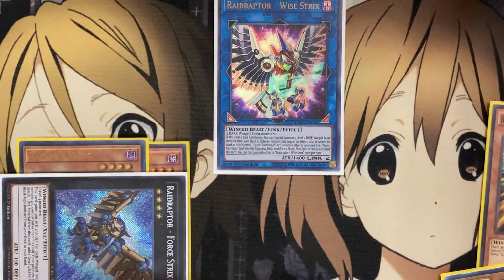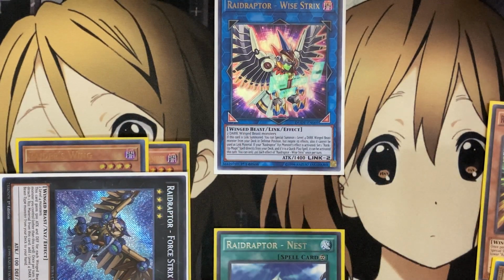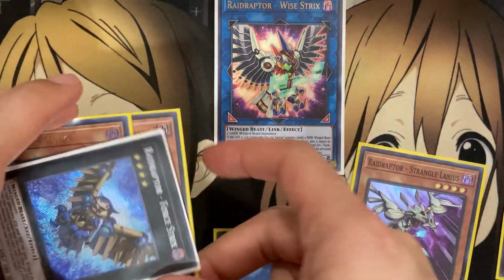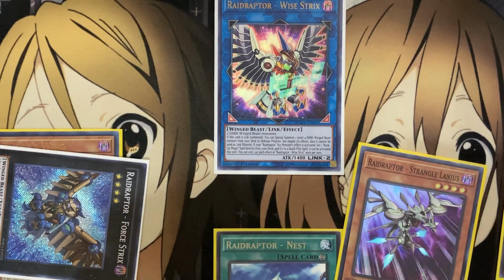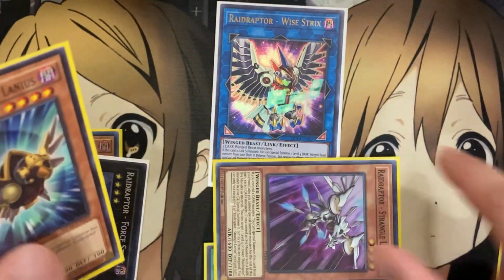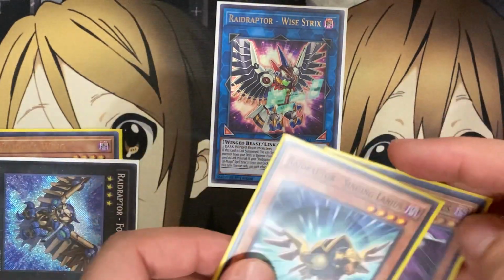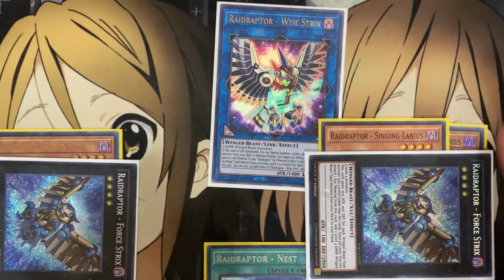but you can also then activate Heal Eagle from the graveyard, banishing to add the Raidraptor's Nest you sent with your Tribute Lanius, activating the Raidraptor Nest, controlling the 2 different Raidraptor monsters, being able to search your deck for another one, which can be any of the cards, including Strangle Lanius, detaching, make sure you keep the Raider's Wing on the 4-Strix, being able to detach for another search, and you can go for Singing Lanius with this one, also being able to special summon both of these cards with both the requirements. You control a Dark monster, special summoning your Strangle Lanius, and special summoning Singing Lanius since you control an Xyz monster, giving you another overlay,